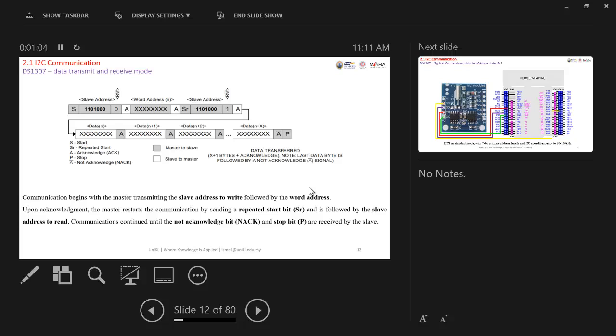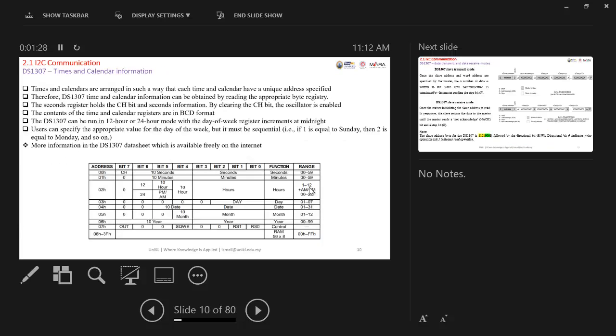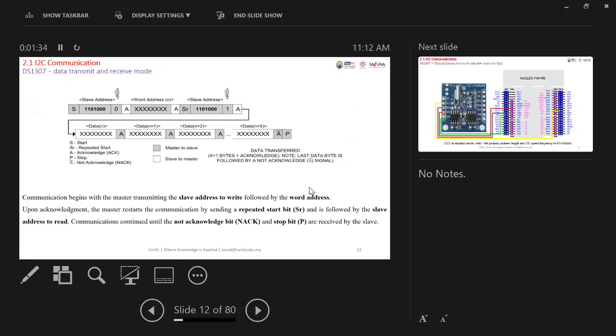1 to read. And next, it is acknowledged by the device, and then the device will place the data, which is the data of the first register. And then automatically the address of the device register is increased by 1. That means now it points to the next one, right? Automatically, then the device places the data, because the address register is increased by 1, and then